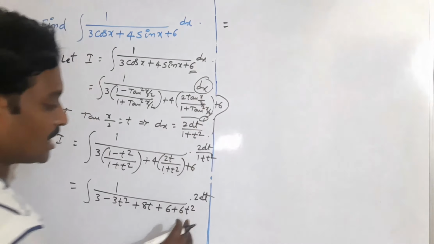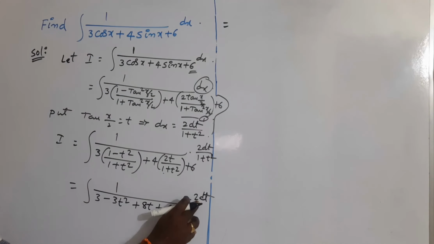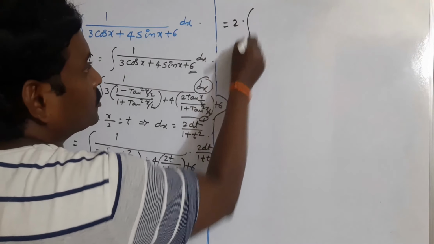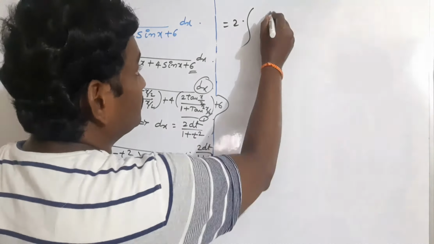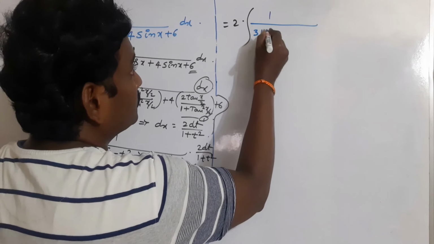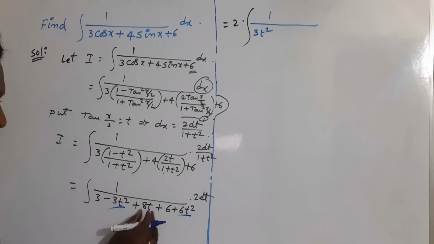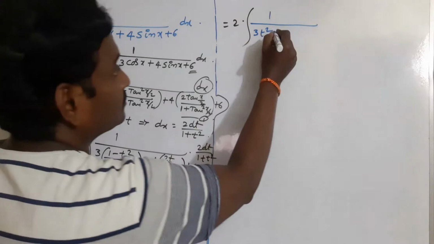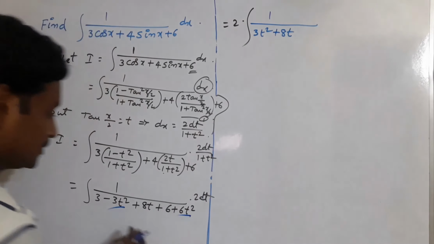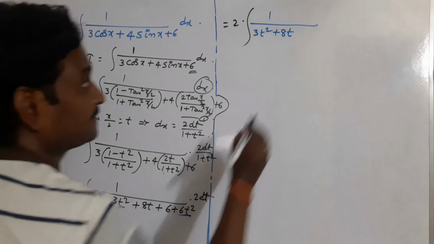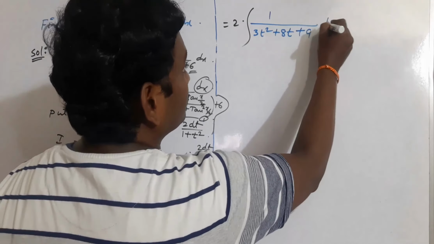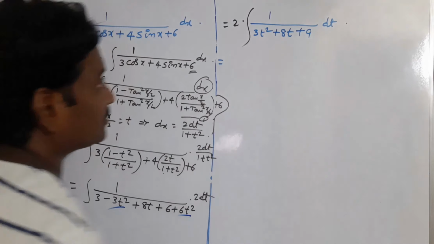So 2 is the constant term in the integration, so take it out as common. So 2 by 6t square minus 3t square, which is 3t square. So we have only 8t here. And what about the constant? 6 plus 3, which is 9, into dt is equal to,